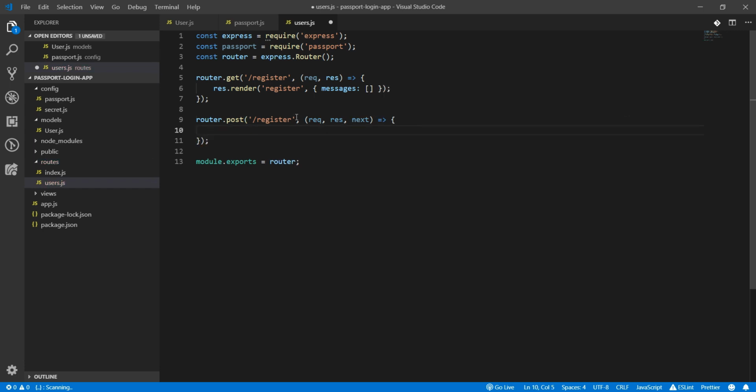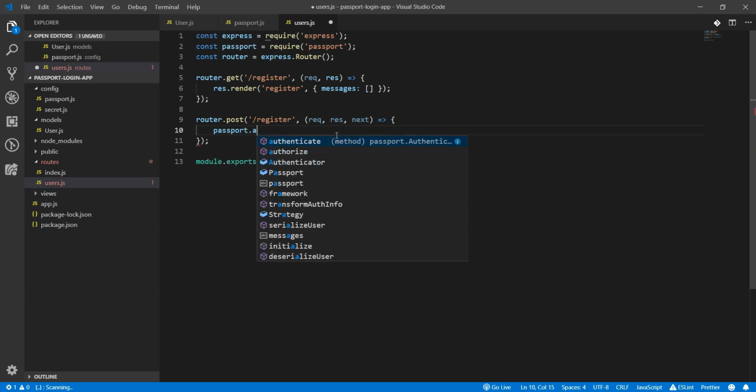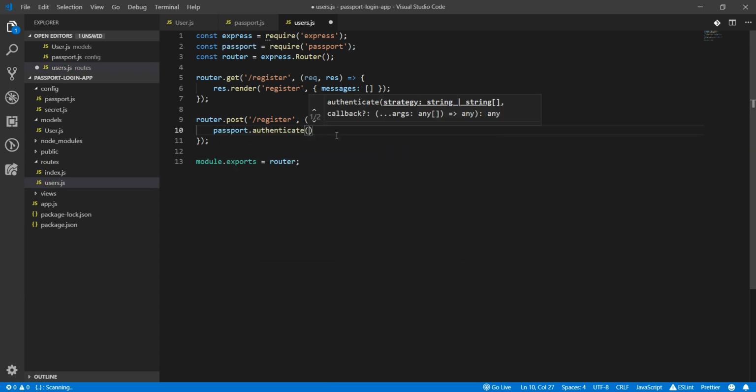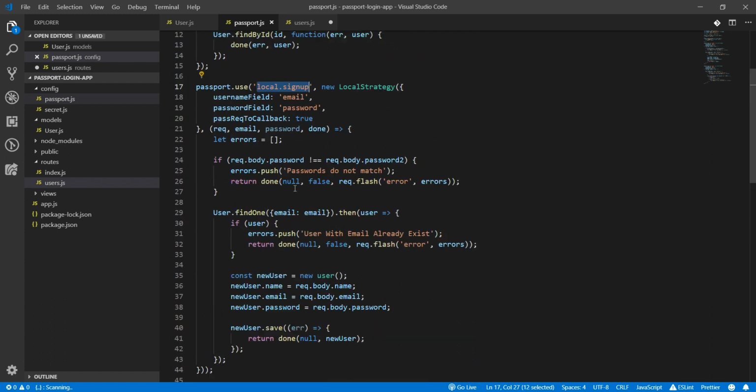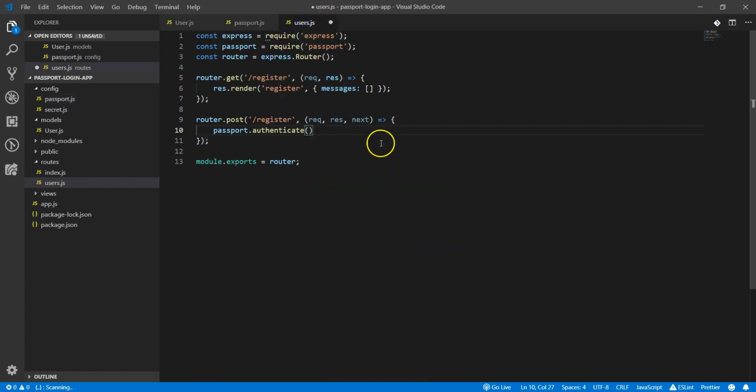Then inside this callback, I'm going to say passport.authenticate. You can see we have this authenticate method. Then it takes in the strategy name. Because we are dealing with sign up, I'm going to call this local sign up. The reason why I added this is to differentiate between the login and the local strategy. So this is going to be local.signup,